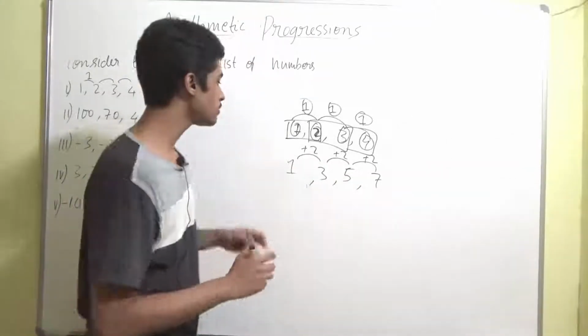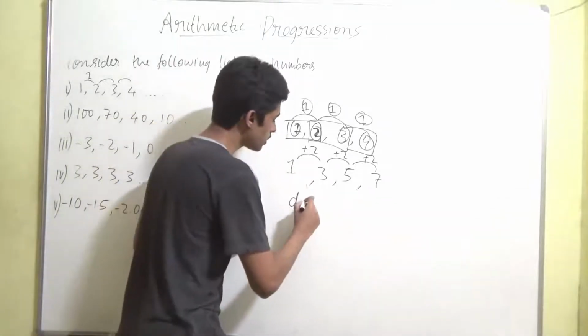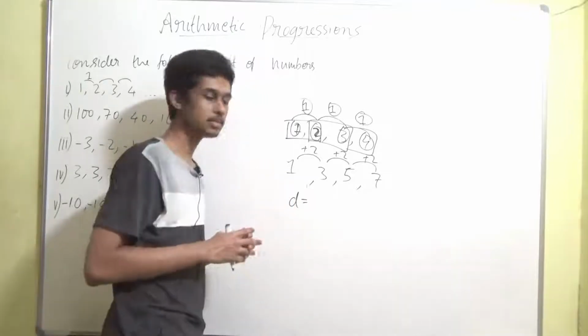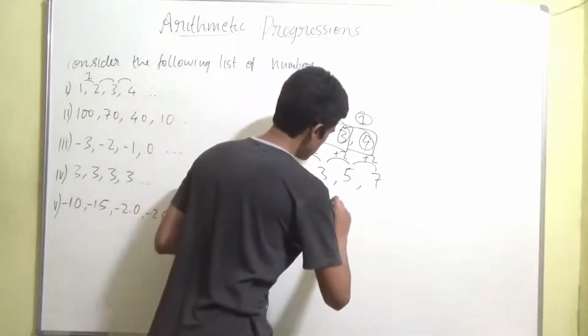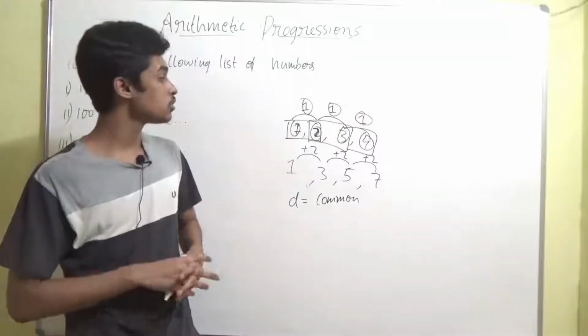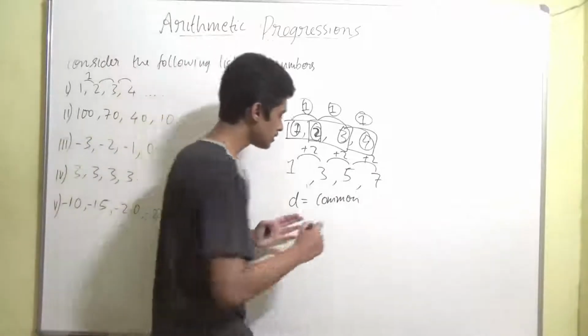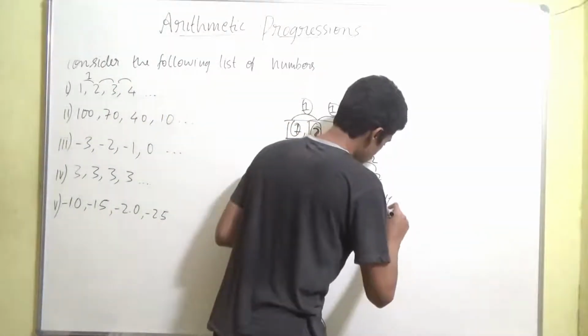So this common difference is denoted by D, and it is named the common difference. These are a few terms which you'll be using throughout the chapter. So it's very important that you learn these terms now itself, right? It's called the common difference,